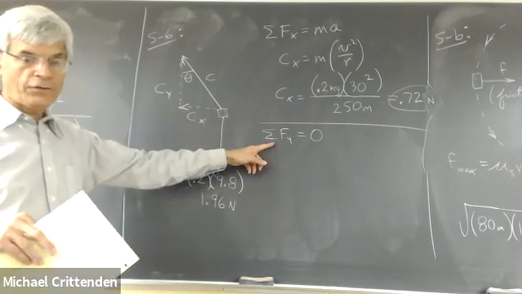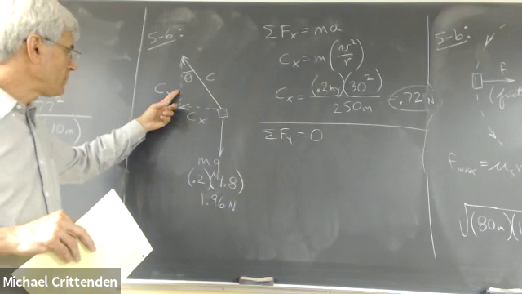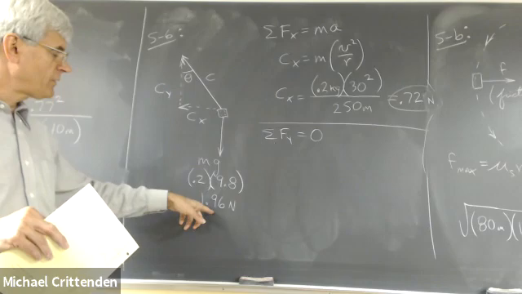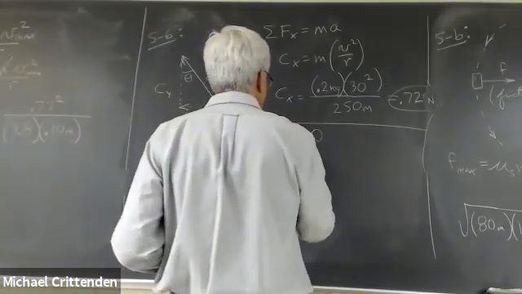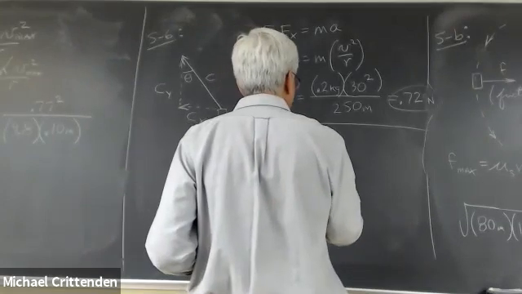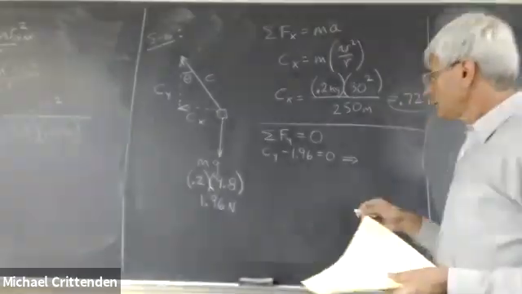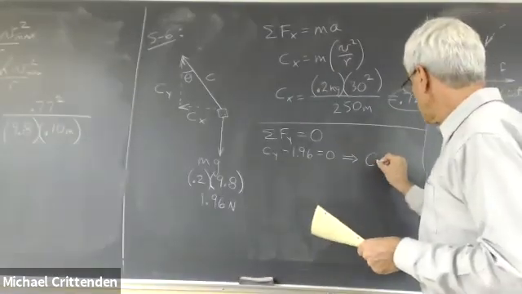There are two forces to put into this summation. The Y component of the cord pulls up, and the 1.96 pulls downward. Well, not too tough to solve that equation. The Y component